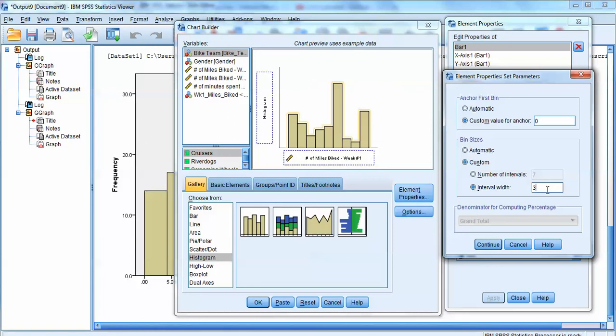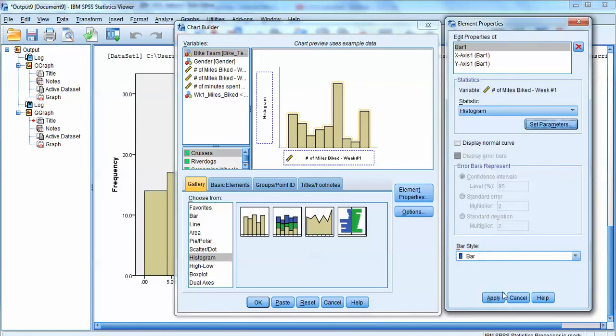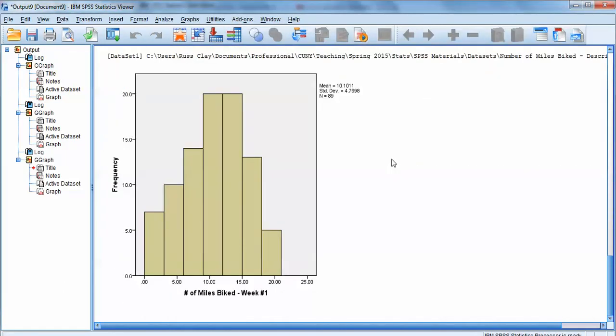Any participant that biked no miles, 1 mile, or 2 miles in that first week of training is going to be counted in that first bar. So I click continue, apply, OK, and now I've got a chart with 1, 2, 3, 4, 5, 6, 7 bars,